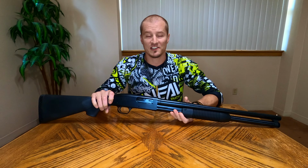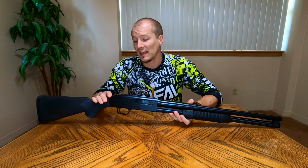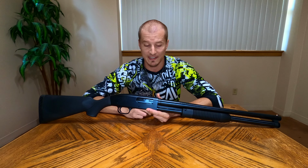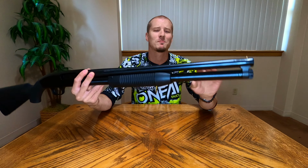complain. This gun functions exactly how it should. It does feel good. Overall, I think this is a great value, a great bang for the buck. If you can't find one of these at your local sporting store or gun shop, I think it would be worth the $35, the $40, the $50, whatever it may be to ship it to your local dealer. I think this gun would still be totally worth it, even if you had to pay that $270, $275 for it. I just really like this gun, and I got the version with the 7+1